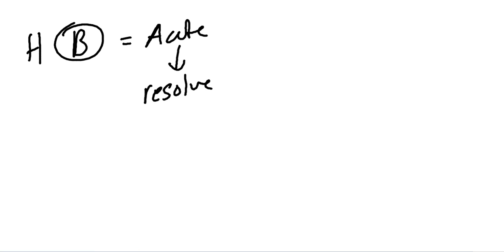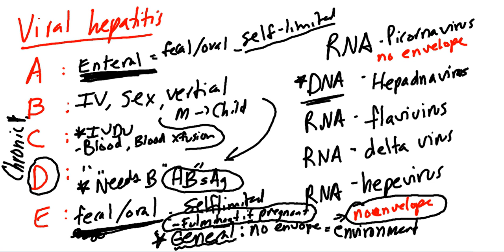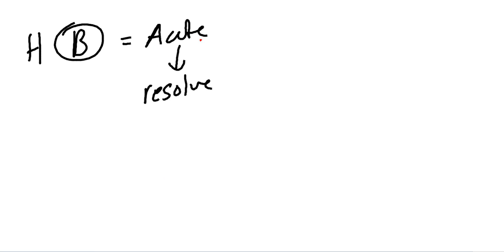You no longer have that hepatitis B infection. Because remember, A and E are self-limited, while B, C, and D can become chronic. So we have that acute infection, and we resolve. Or it can become chronic. That chronic infection, a small percentage, can go on to cirrhosis,